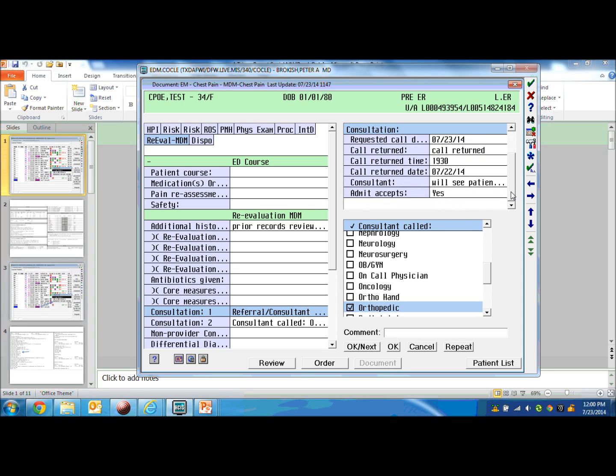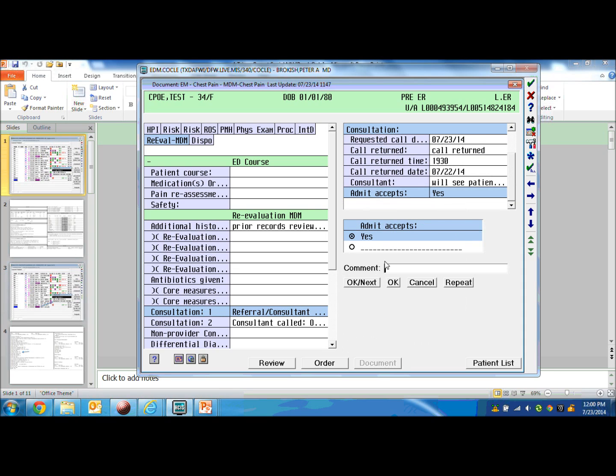And basically, what I'll do is I'll go down here and I'll say admits accepts, yes, but then I'll just say, but admit to hospitalists. Otherwise, if you don't click this yes under the consultation 1, it does not flag it, and so then the nurse says, "Are you going to admit this patient,